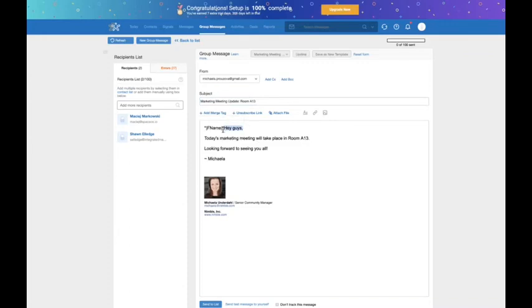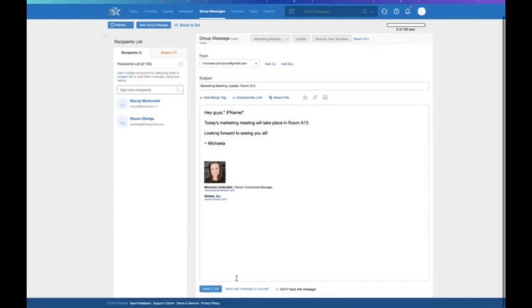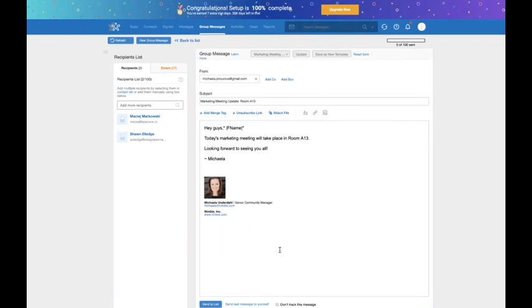It helps you with customizing the message, personalizing it. So I could just say, hey guys, and then merge on first name, and then Nimble will automatically grab everybody's first name. You can also send yourself a test message, which is very useful to do to make sure that there are no typos and that if you included any link, it works. So